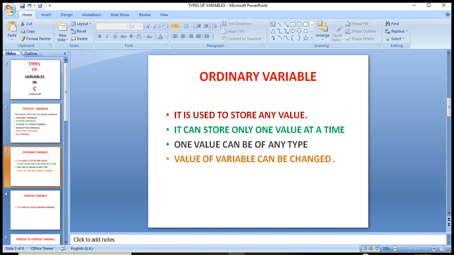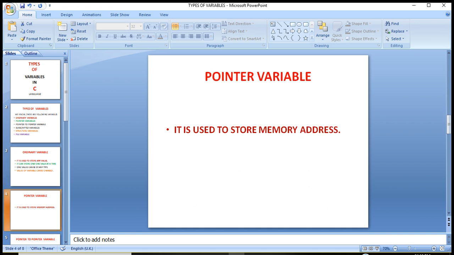So we go to the next variable, the pointer variable. As I have already said, every variable has a particular memory address. So a pointer variable holds memory addresses. It will hold one memory address at a time.